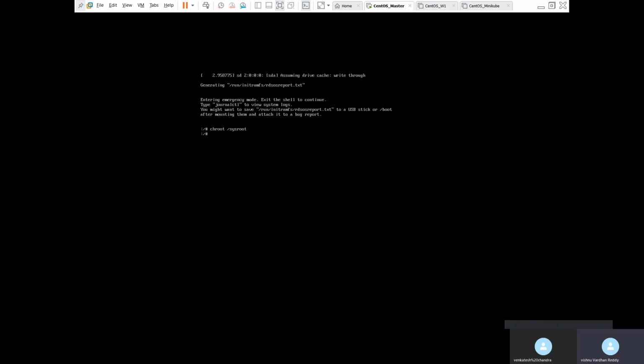and then we need to change the password for root. It will ask for the new password. So you can change it for the new password. Root. So you successfully updated all authentication tokens. So now what you need to do? You need to exit from this terminal, and then reboot.